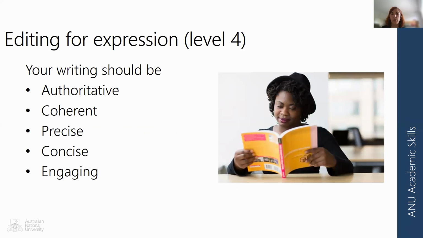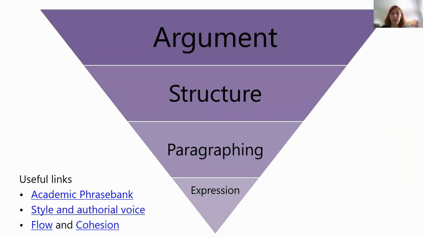Okay, so to wrap up, you want to think about all of these things for that final level of your editing process in terms of being authoritative, coherent, precise, concise, and engaging. Remember, we've got to start with this level in terms of argument, structure, paragraphing, expression. Don't go right to expression. In terms of your proofreading,